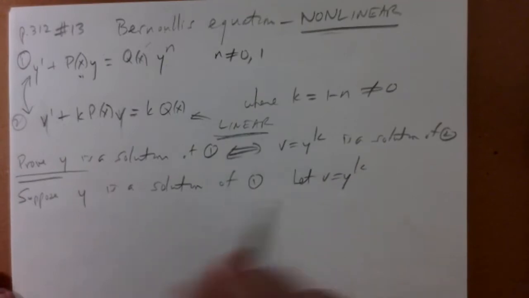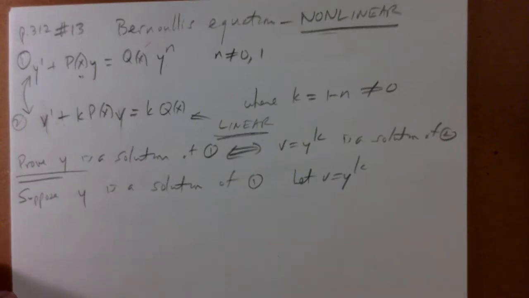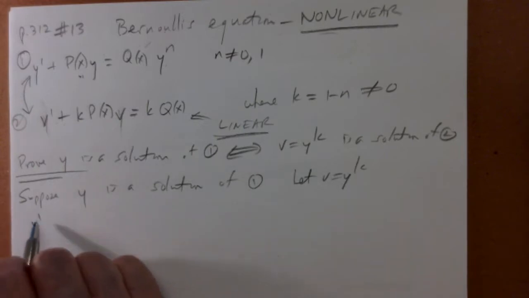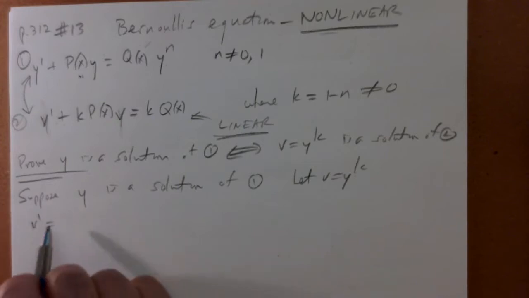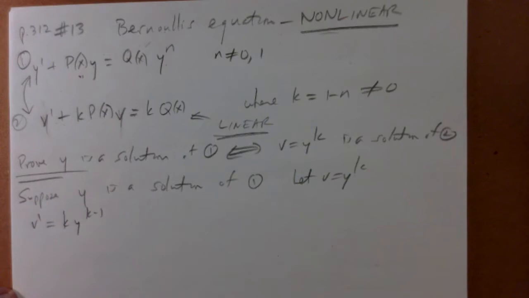All right. Are there any questions so far about what I'm doing? I haven't started. I'm just about to start. But this is just setting up the problem, stating it so that the problem is clear. So if v is y to the k, by the chain rule, v prime is k y to the k minus 1. So v prime plus k p of x v